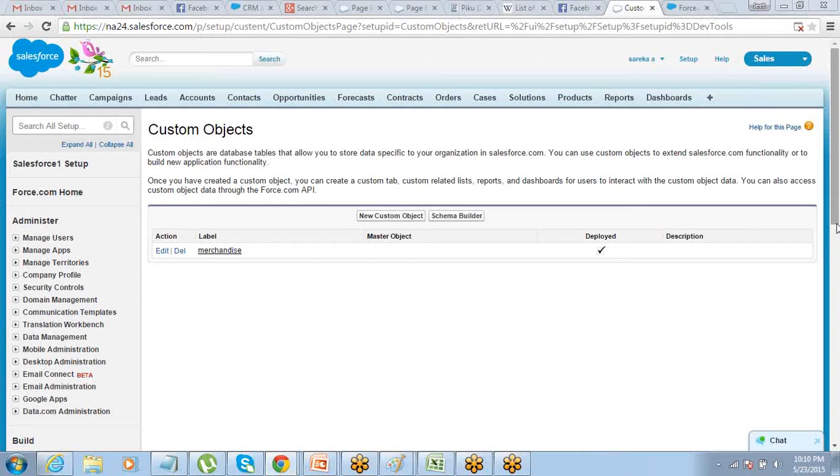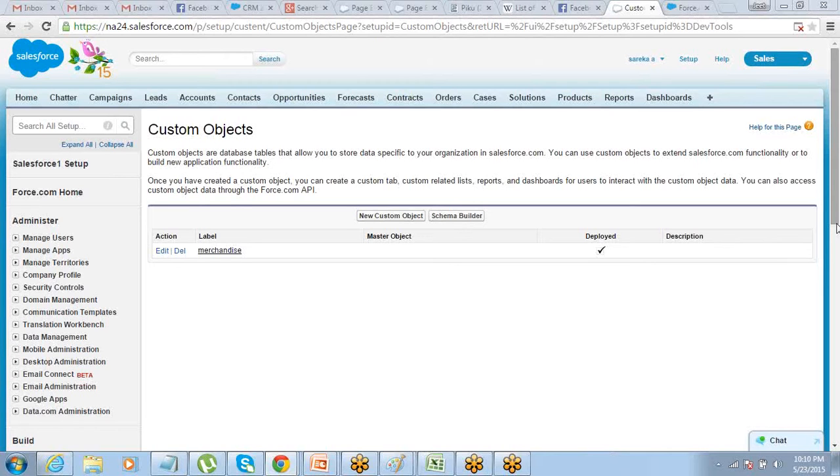All right. So we have our object once again created, right? What we have done just now is we have created a database table. I just want you to understand what we are doing now. We have created a table in the database which can hold information, which is a good thing. But for information, I can have multiple fields, right? Merchandise name is there. I can have other things like price of the merchandise. I can have quantity, the stock I have. So these things are also required, right?